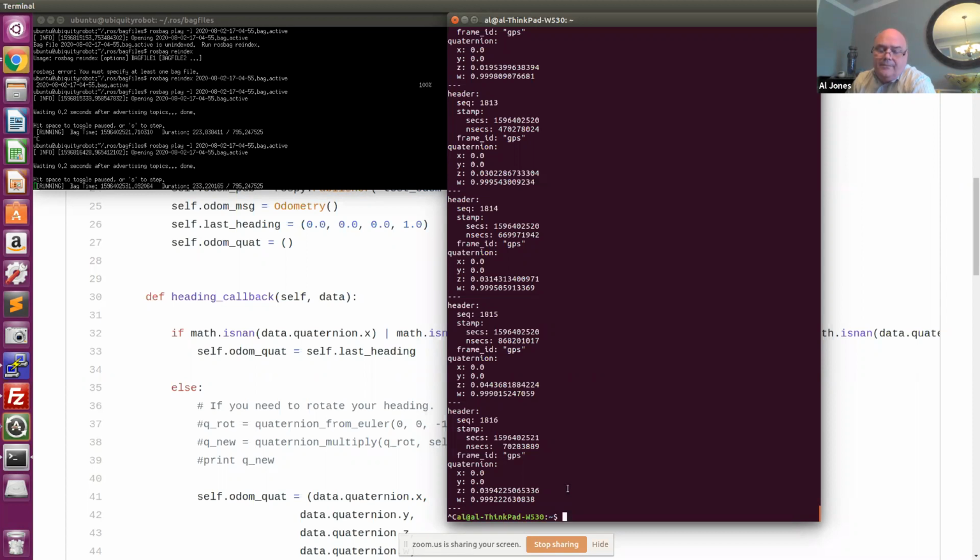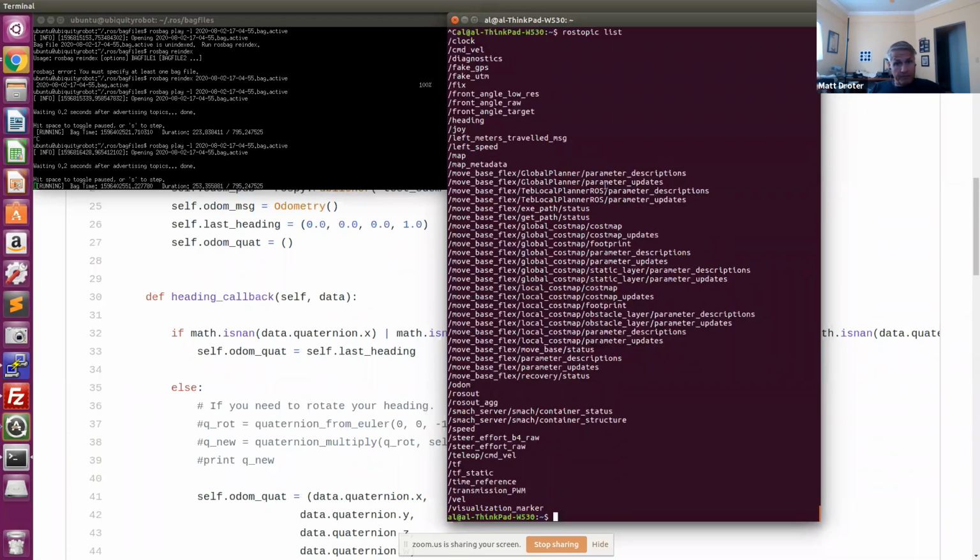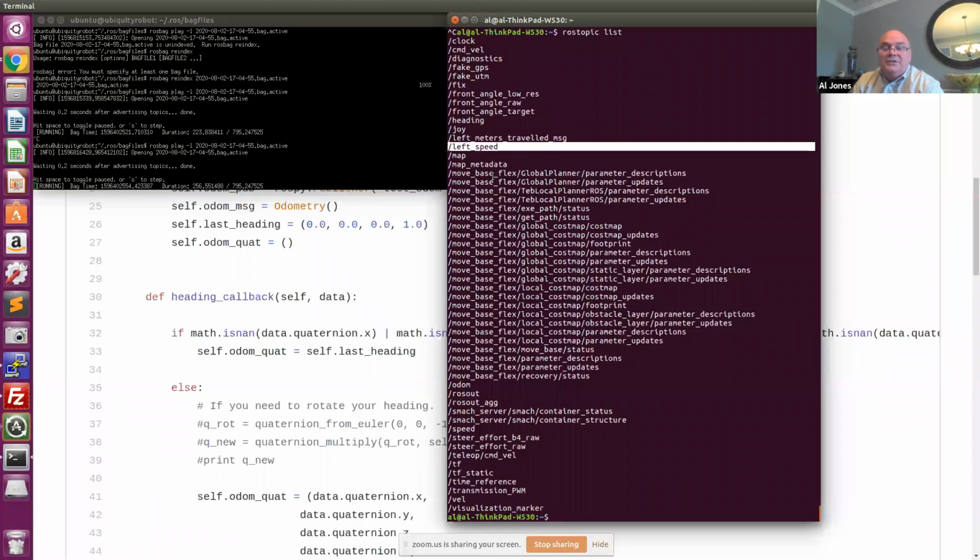Say that again, Matt? Well, Jeff was wanting to know what the speed was, and right now heading is just quaternion. But if you wanted speed, you could make a twist message, and that would be speed and orientation. Yeah, I publish speed. It's not out of the ODOM message, but I publish a speed message. But it would probably be good to get the